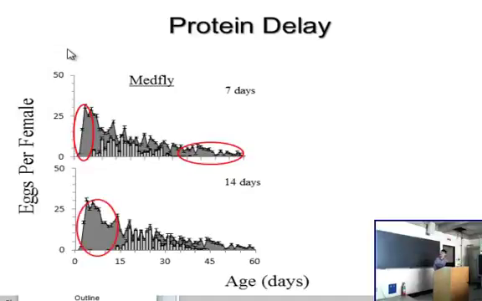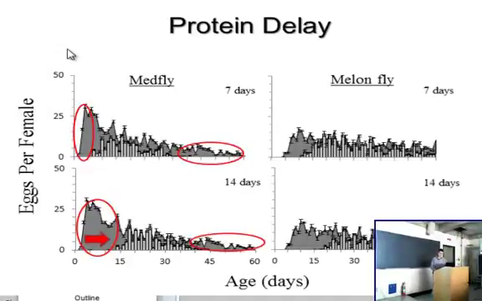With the 14-day deprivation period, we again see that you can't have any reproduction until the protein's provided, and then you lose lifespan at the tail end of the reproductive curve. What's interesting here is that when the delay is for 14 days, it actually shifts this whole reproductive schedule over relative to the 7-day period. So it's actually everything shifted 7 days over. So in some way, these medfly are able to kind of allocate resources away from current reproduction in favor of late life reproduction, and then diminish that effect by shifting the reproductive ability over.